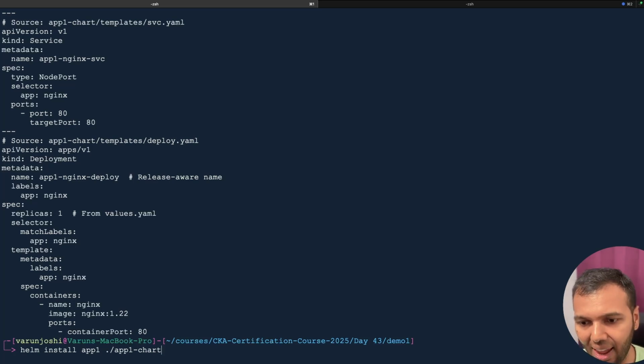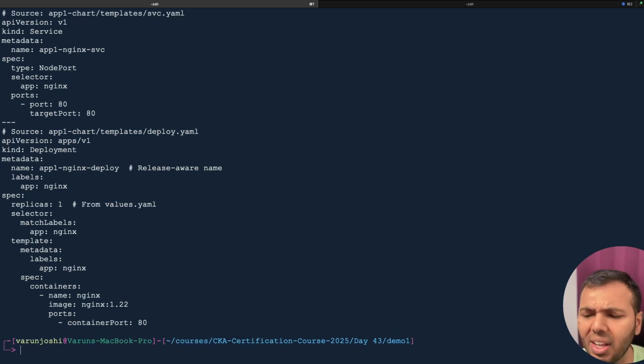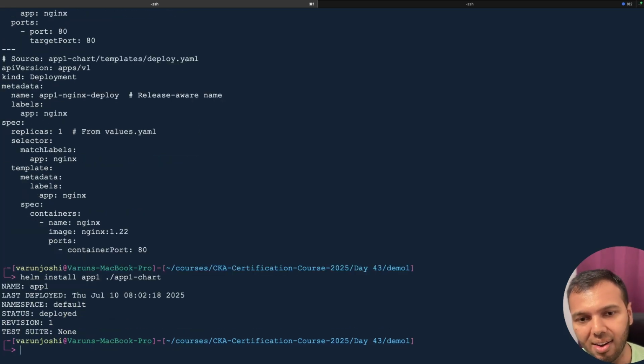And I will write this, and then I will do one more thing here. What I will do is I will write --dry-run here. Now what is dry run doing? It renders templates and simulates a Helm release install without touching the cluster. So the cluster is not touched yet. Now let's remove this dry run flag and I will press enter. Voila. Name is app1, last deployed it is today's time, Thursday 10th 8 o'clock, namespace default, status deployed, revision 1,